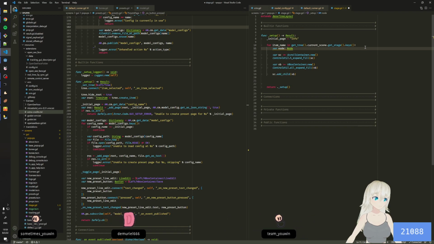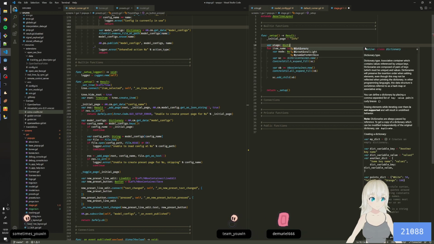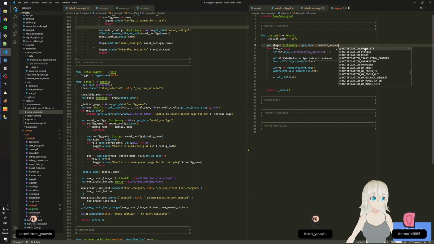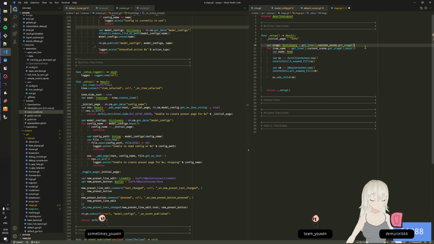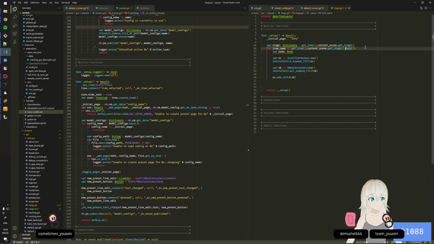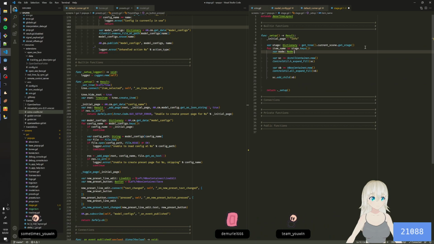I guess I should have done var stage is equal to current scene get stage. So then this one will be equal to stage item name, which will give you the node, and then afterwards we